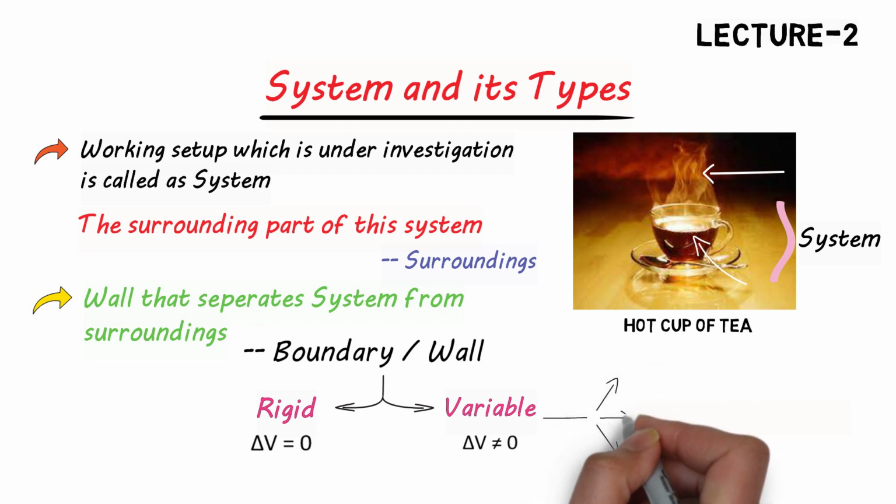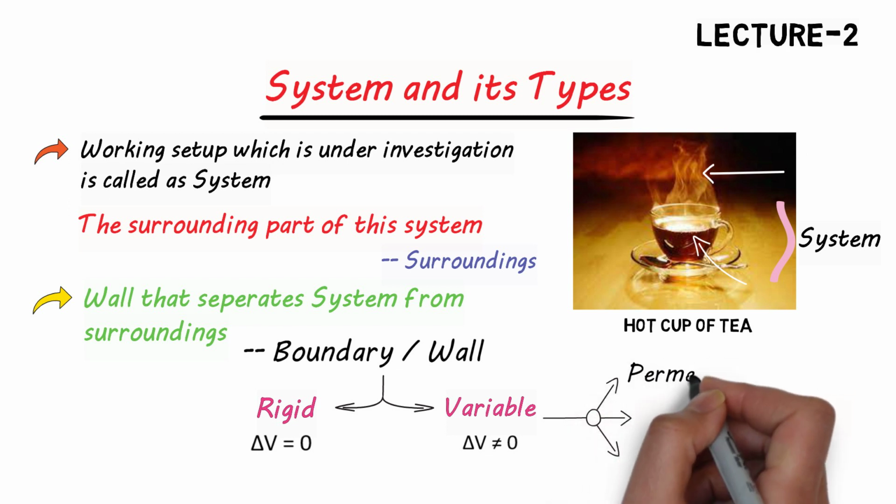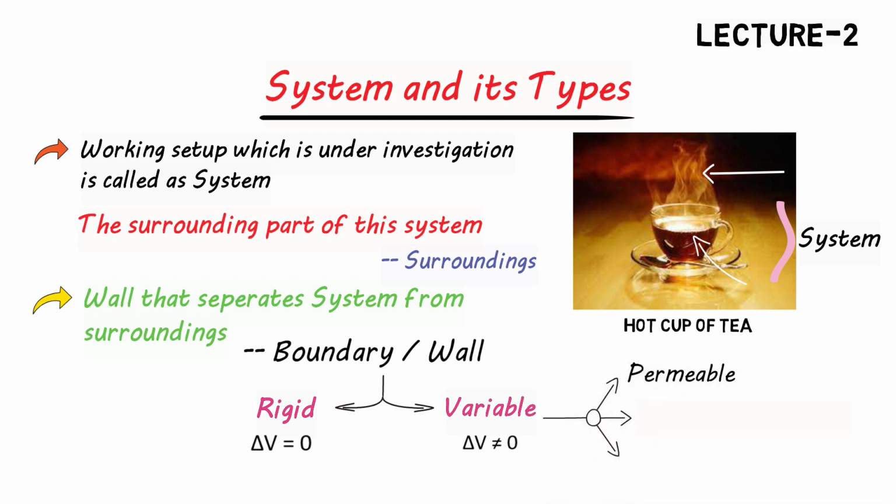This variable boundary can be of three types. Number one is permeable boundary or permeable wall. In this permeable wall there is matter as well as energy transfer. So there is mass transfer, that's why delta M is not equal to 0. So there is change of mass with the surroundings, and there is energy transfer also, as you can see from